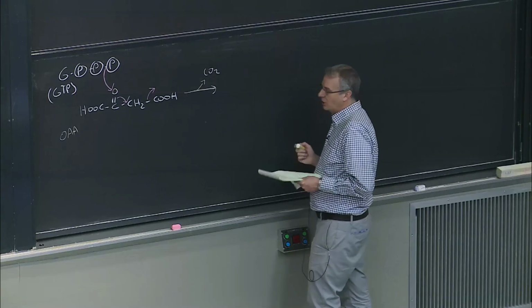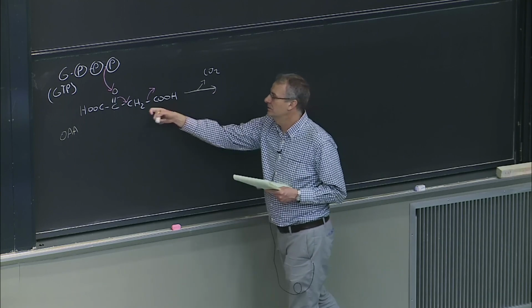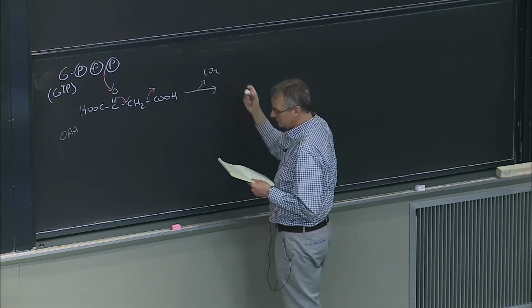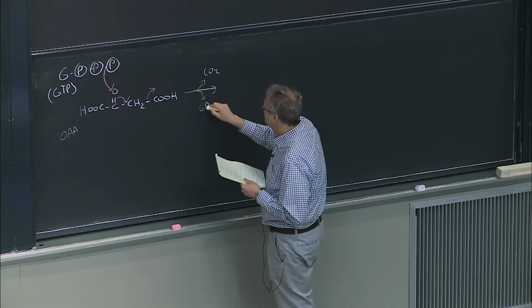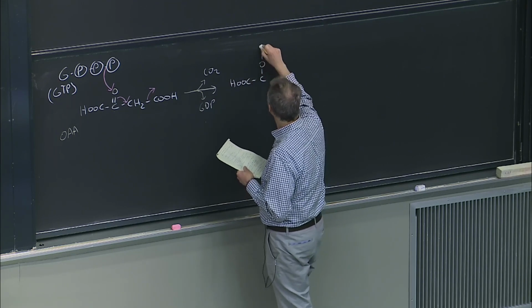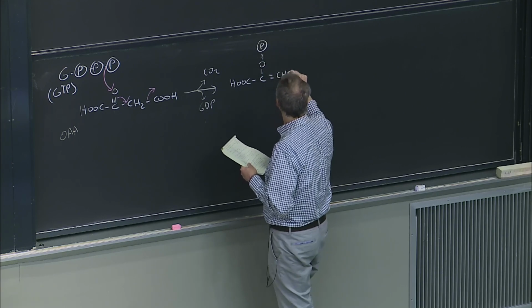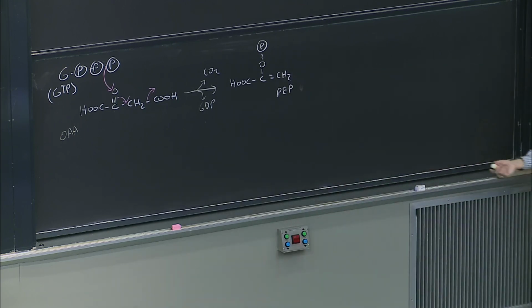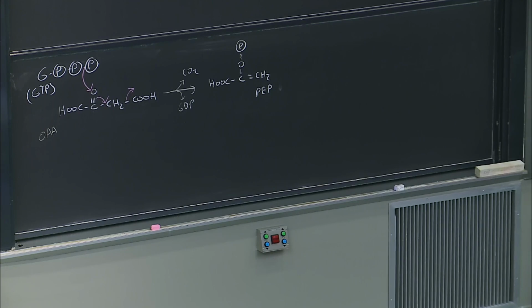That decarboxylates, takes advantage of this being a beta keto acid to decarboxylate and add the phosphate. And that's how we can generate PEP. Okay, great. And so that's how you can build a different pathway that uses ATP and GTP for energy input in order to run glycolysis in the opposite direction,